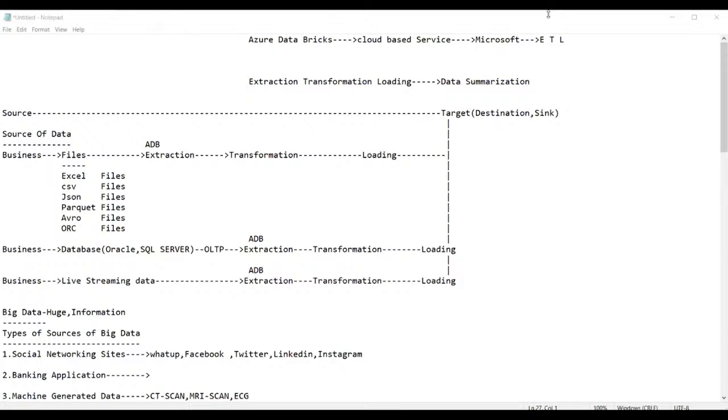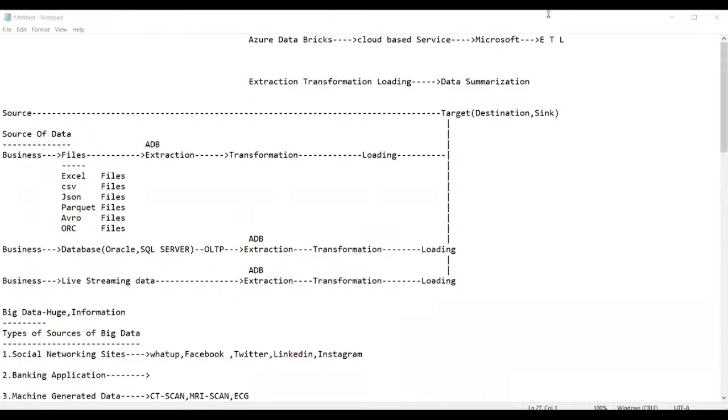Okay. And to be an Azure data engineer, what are the services we need to know? If you know ADF, then you are called an Azure data engineer. If you know ADB, then also you are called an Azure data engineer. If you know Synapse, then you are also called an Azure data engineer. So either one should be fine in that case, right? Yeah.